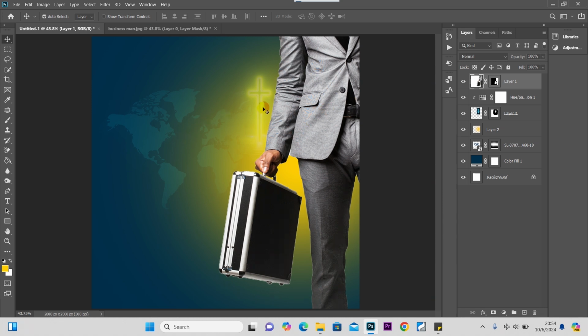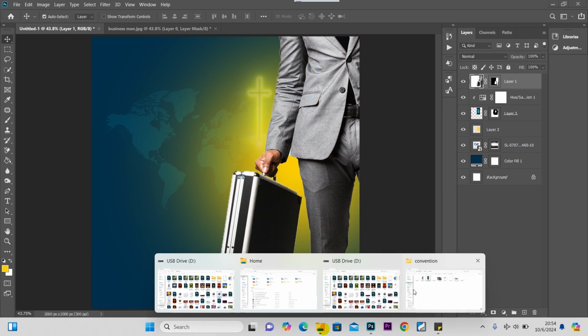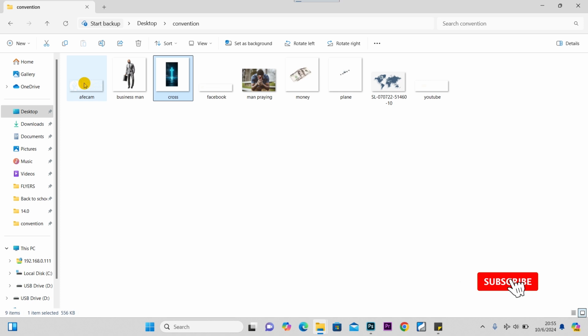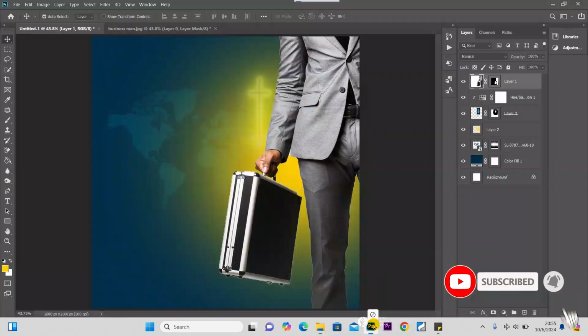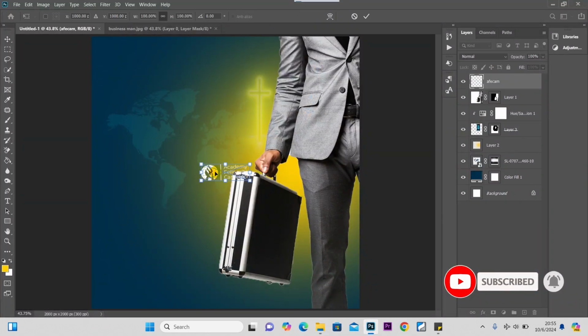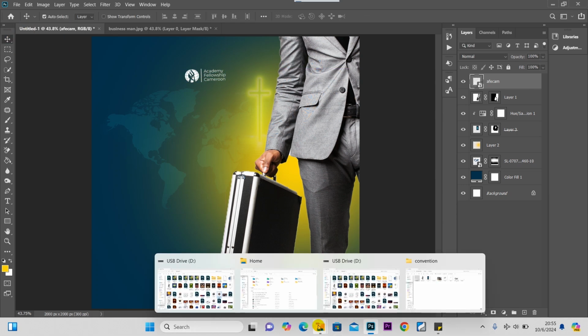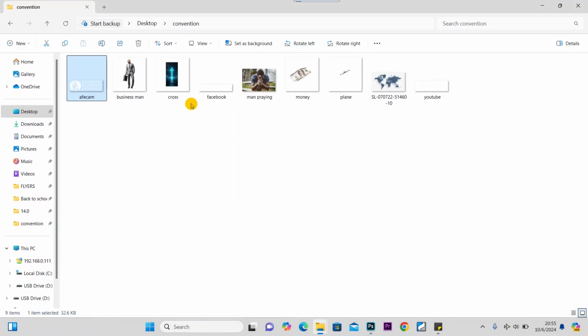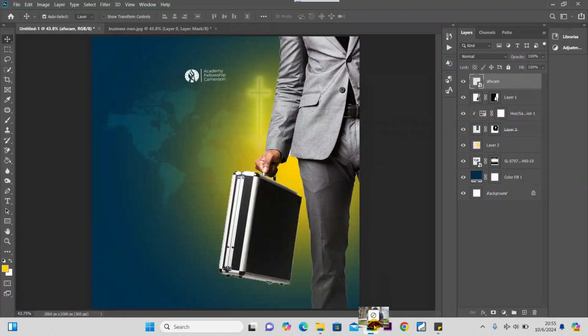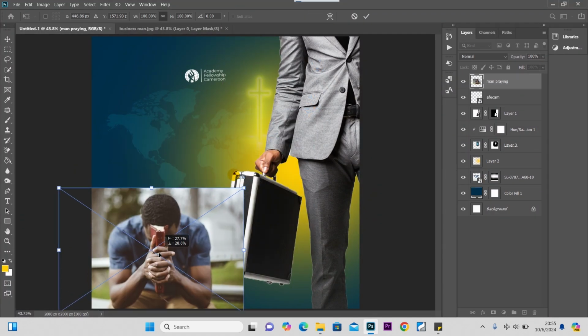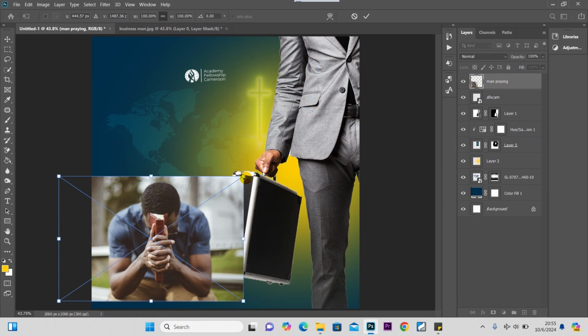So once that is done, next thing I want to do, I'm just going to bring in another element, which is the logo of the organization, and I think I'm just going to drop it somewhere here and drop the size a little and position it here like that. And I bring in the next detail, which is this man praying. So I'm going to drag that and position it somewhere down here